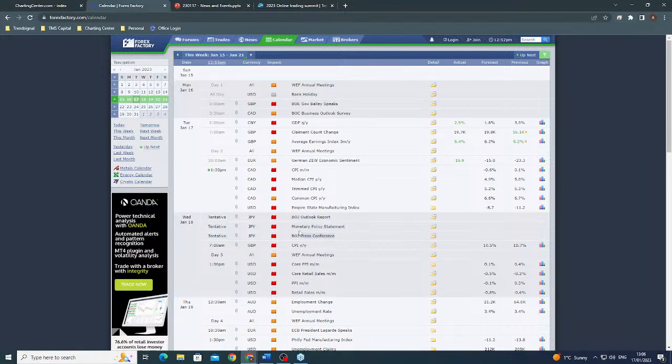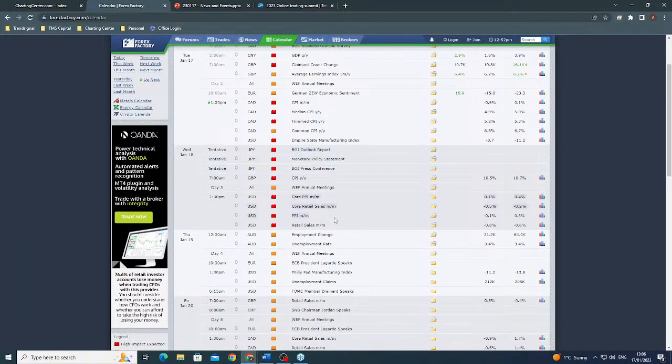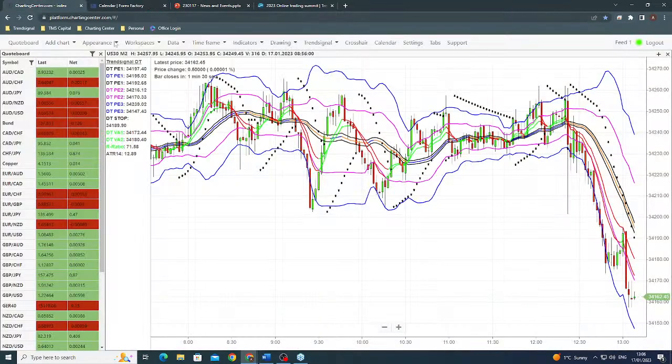Because it's a pretty important item of data that's coming out there. All right, so it could create a big reversal in the market. If I was going to be day trading the Dow at 1:30 tomorrow, what am I going to be concerned about? I'm going to be worried about PPI and retail sales data because they're likely to create big movement. And to be honest, I'd rather not. This is what I really wanted to show you today.